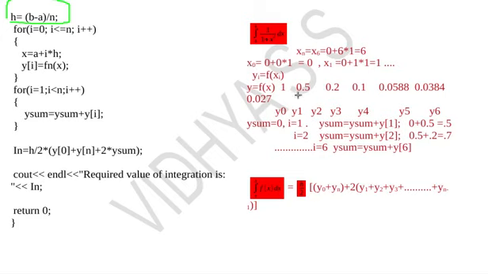So next is again i value equal to 1. When the i value is equal to 1, what will happen? Here a plus 1 into h, that is the new x1, will be calculated, and x1 will be equal to 0 into 1 plus 1, which is 1. Then it will call the function fn of 1. Fn of 1 will get calculated, that is 1 by 1 plus 1 square, that is 1 by 2, and the value is returned as 0.5. That will be stored in y1, the array y1.